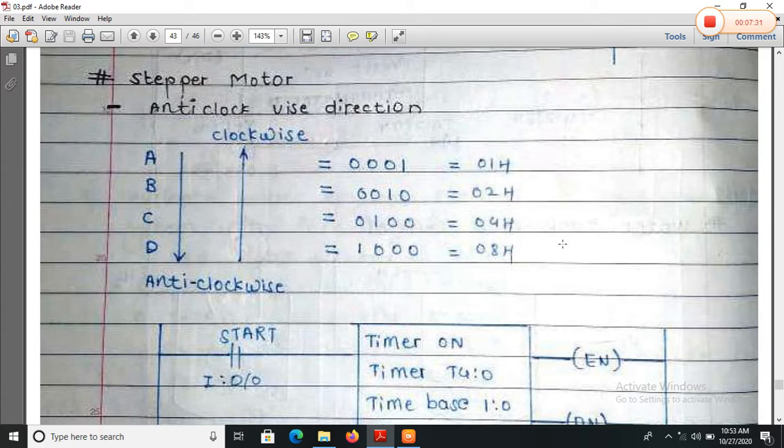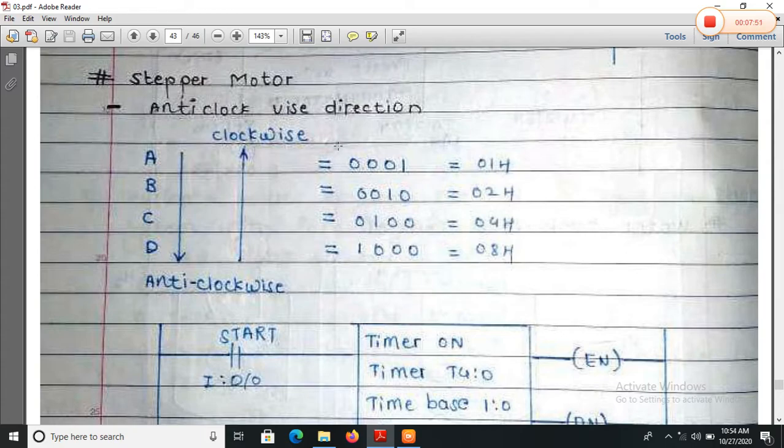Now this is port A, port B, port C and port D. Suppose we activate the ports in the sequence A, B, C, D, the motor rotates in the anti-clockwise direction. Suppose we activate first D, C, B, A, then the motor rotates in a clockwise direction.